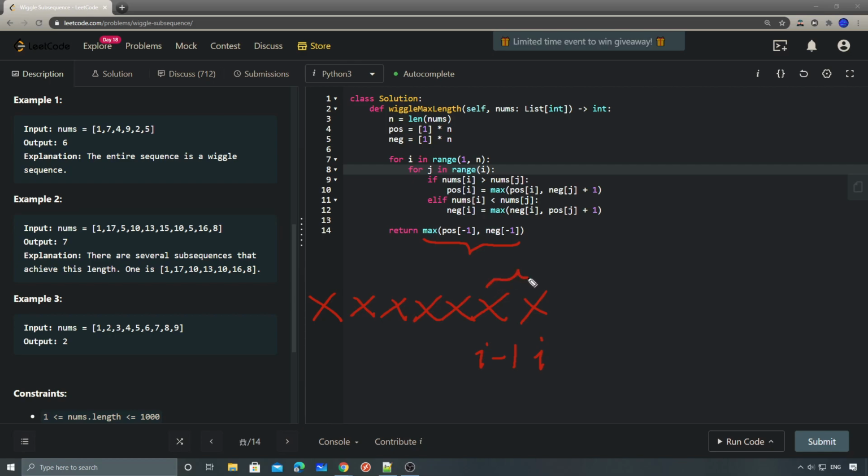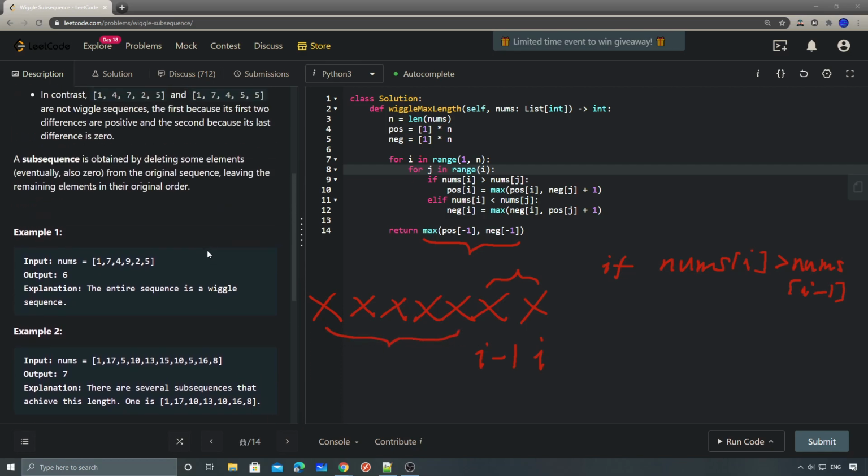All we care about is these two numbers, the last two numbers, because if nums[i] is greater than nums[i minus 1], it means that the positive subsequence will always increase by 1. It doesn't really matter what those values are, because we only care about